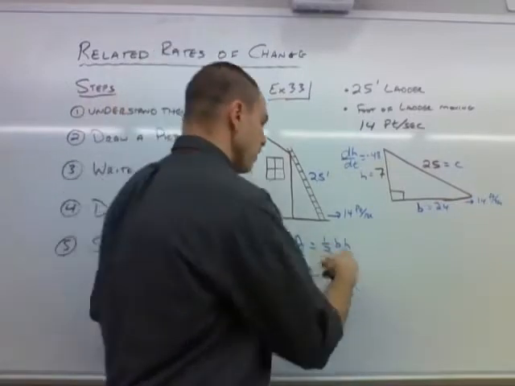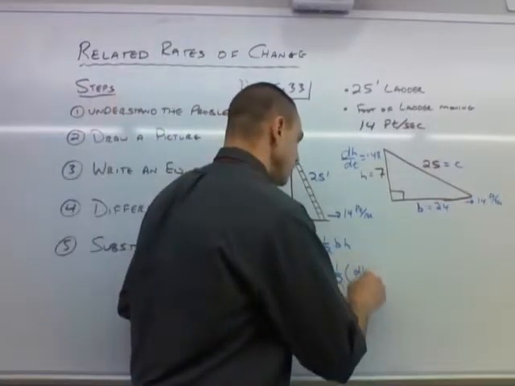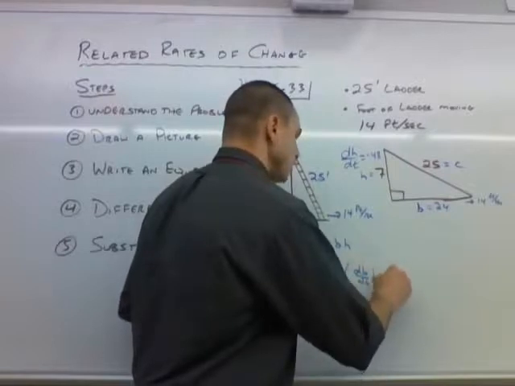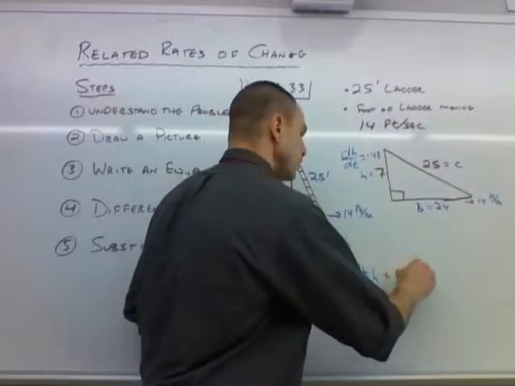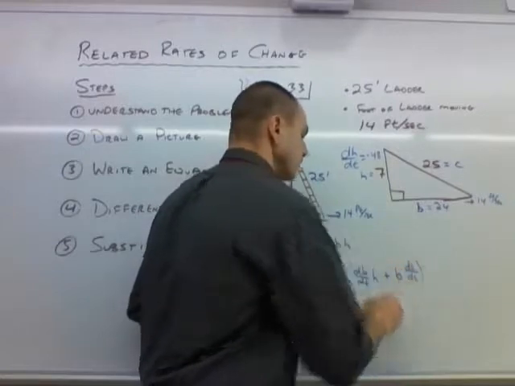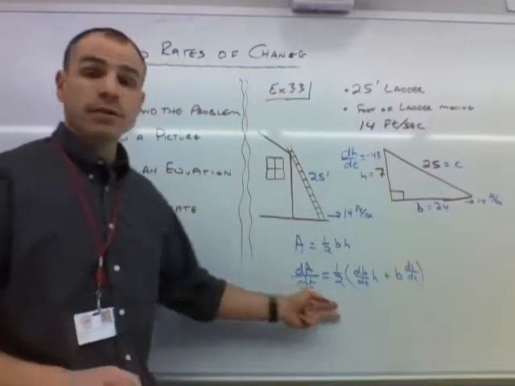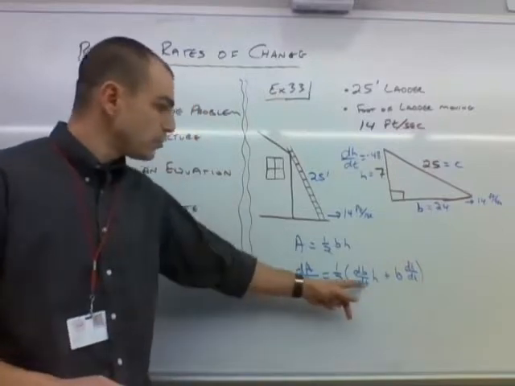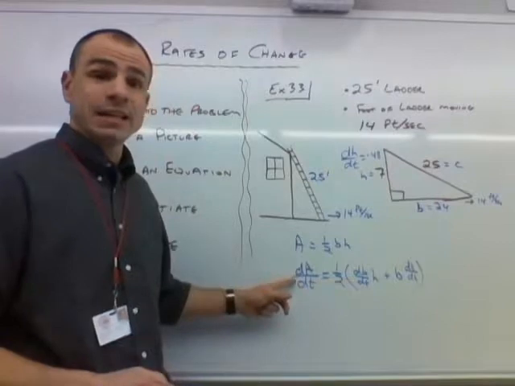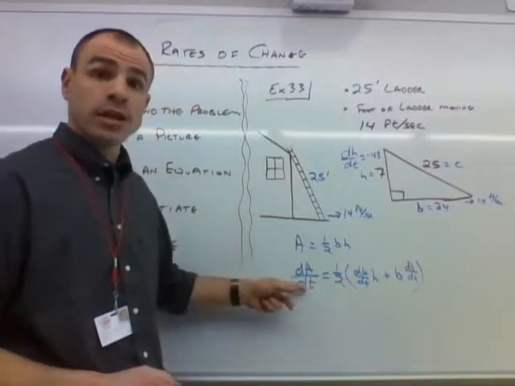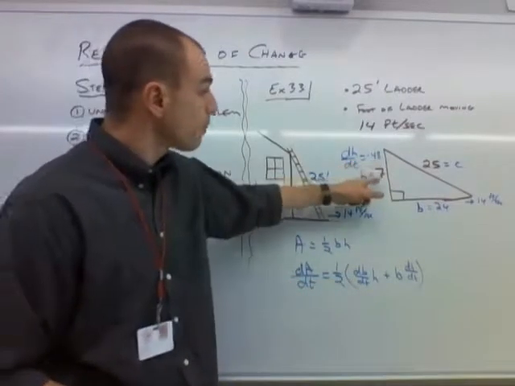All right, so when we derive B, we get dB/dt, and we keep the H, plus now we keep the B, and we derive H, so that's our dH/dt. There's our derivative right there. We have 1, 2, 3, 4, 5 variables. We're trying to find dA/dt, the rate at which the area is changing, and the other 4 variables are